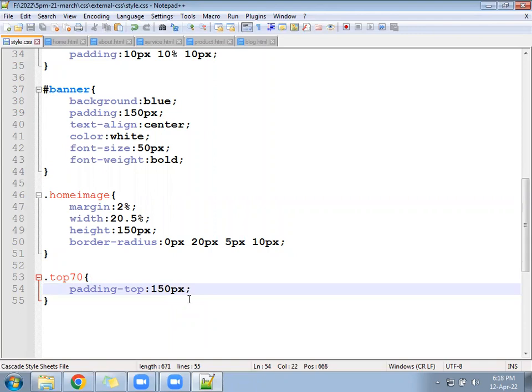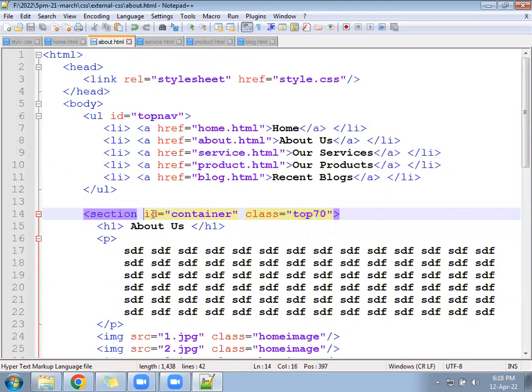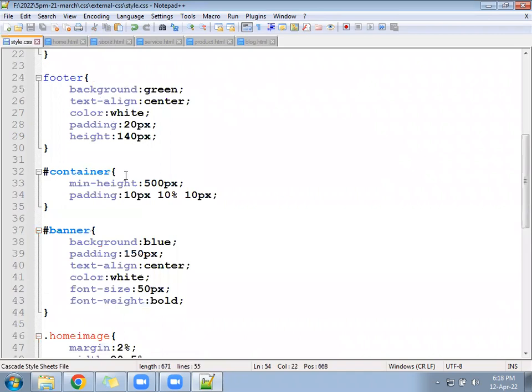Suppose you have written 150 and it's not reflecting anywhere. The reason is, look into the HTML first. For one section tag, we are calling an ID and a class. Two attributes we have applied here. Now look into the container ID, what we have written: height, padding.